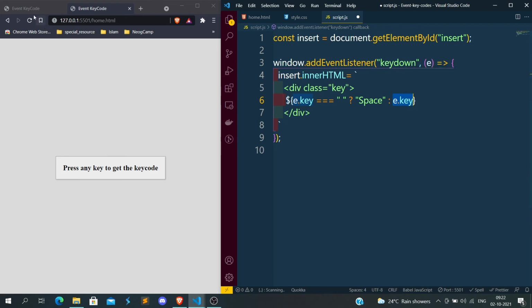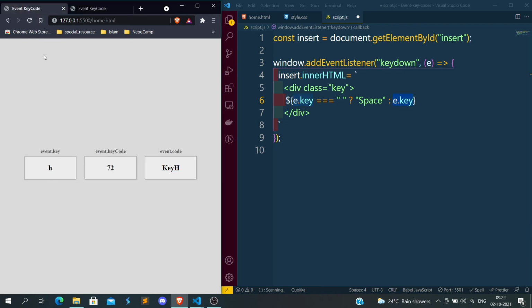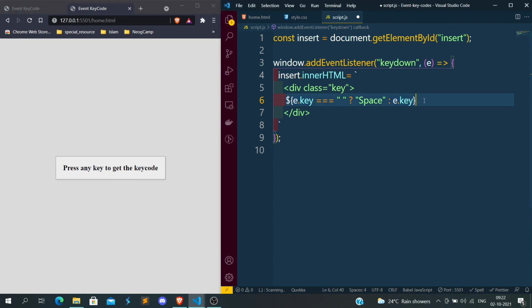Okay, so if I click on a space, this will show you a space. So if the user clicks on a space, I want to show the space message, and if the user clicks on any button, I want to show the exact key.